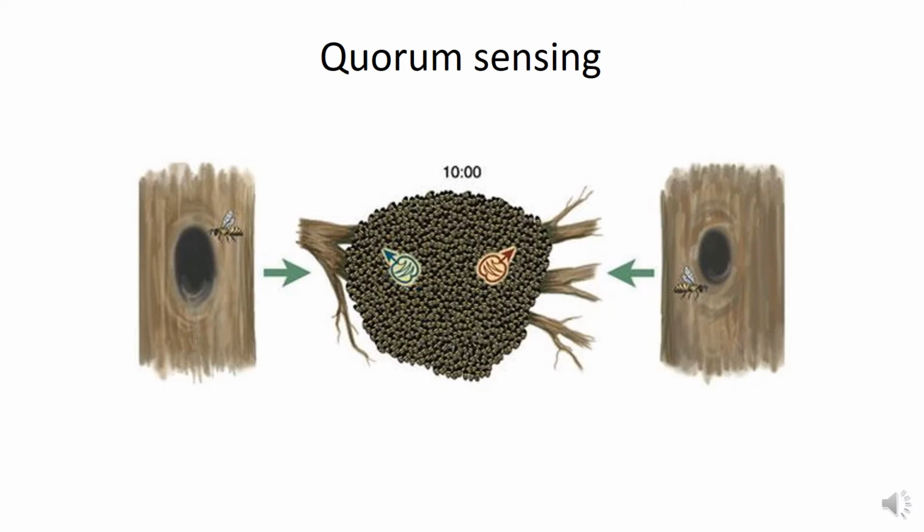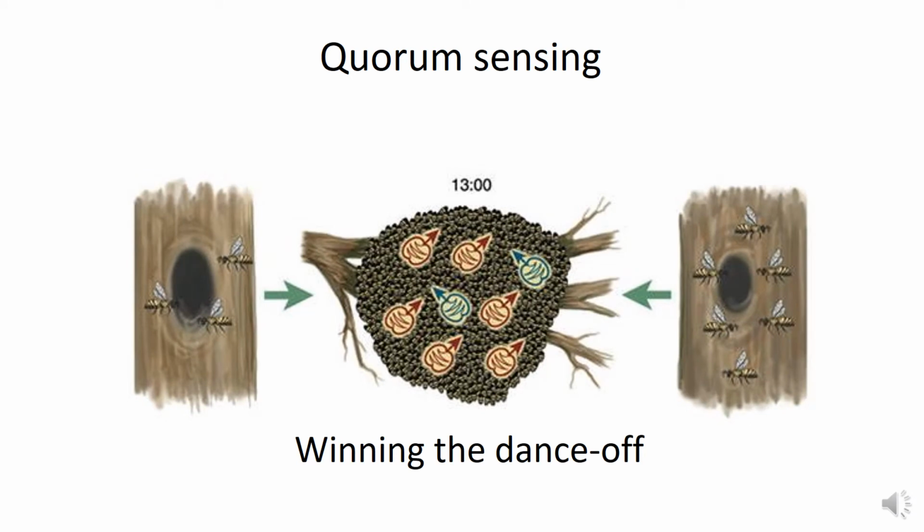They also use the dance to lead their other bees to this new home. And the way it works is through a process called quorum sensing. Quorum sensing is interesting because it starts with a single bee going off and finding a hole that looks suitable, and then another bee goes off and finds another hole that's potentially suitable. As they come back and dance, the vigor of their dance signals other bees as to how good that hole